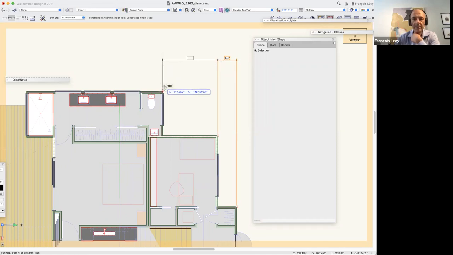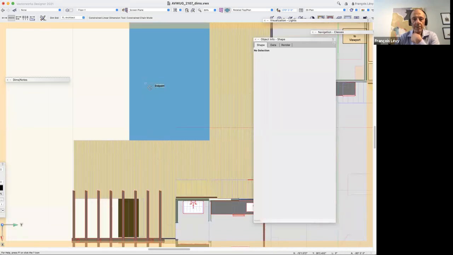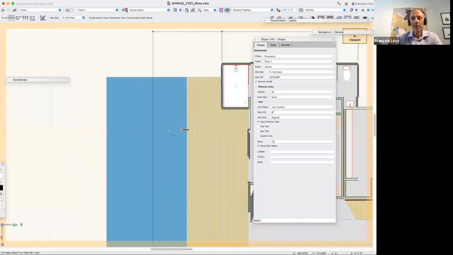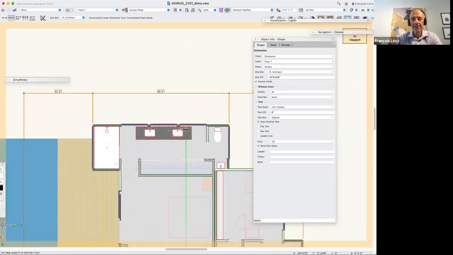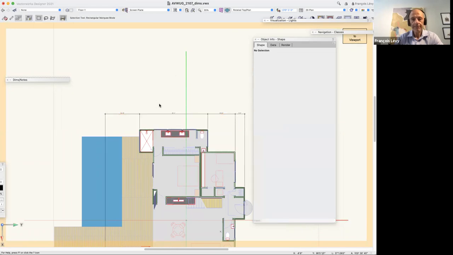So I can just click to that point, and then click to this point, and then even come across here to that corner of the building. And just by double clicking or clicking twice in the same place,